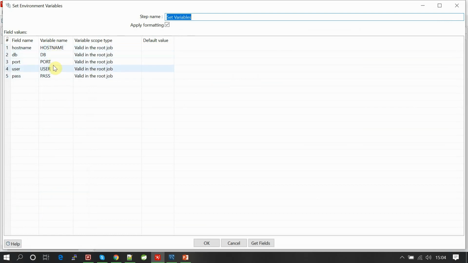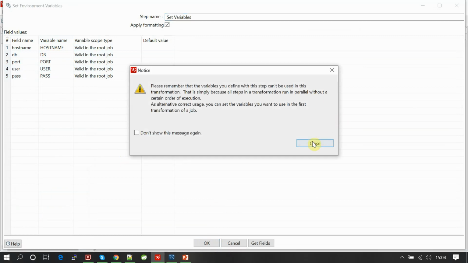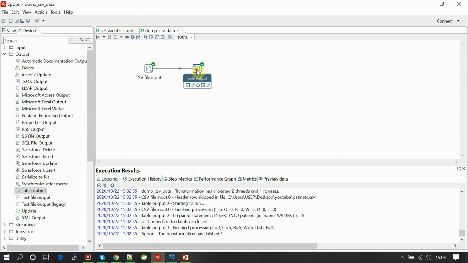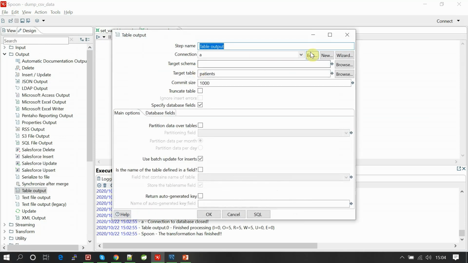So these are the variables we are going to use further. Keep them aside, copy them in a text box or somewhere else as is convenient, and go to your transformation where the data is dumped from CSV data, and edit the connection details.